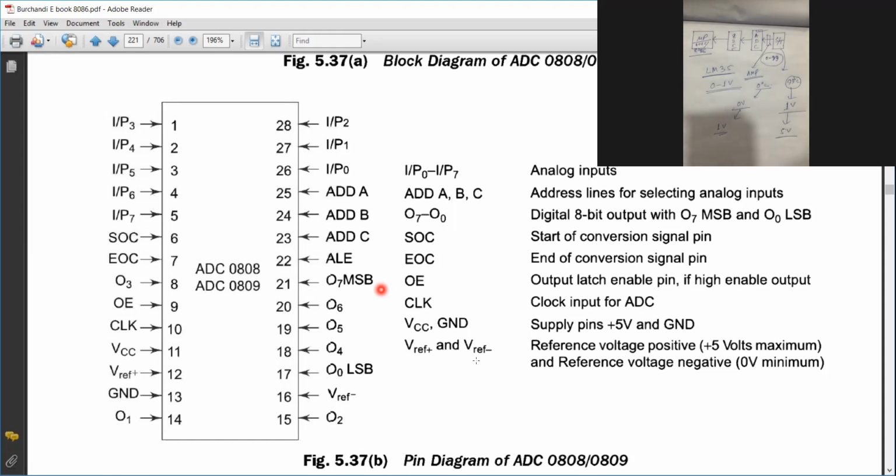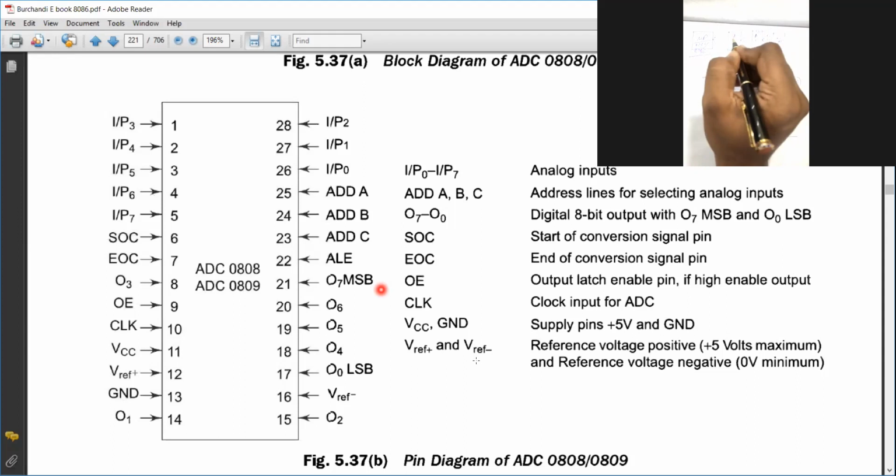Is it clear? Yes, sir. All this data is nothing but analog data. But a microprocessor cannot work with analog data. It always requires digital data. So it should be given into the ADC. The ADC will give, like 00 to FF, any digital data, right? This ADC is connected with the 8255, and the 8255 is connected with the microprocessor. So over here, you will get this 00 to FF value.